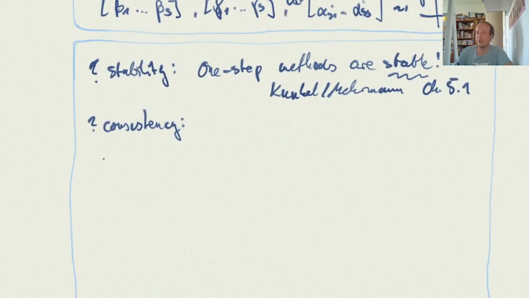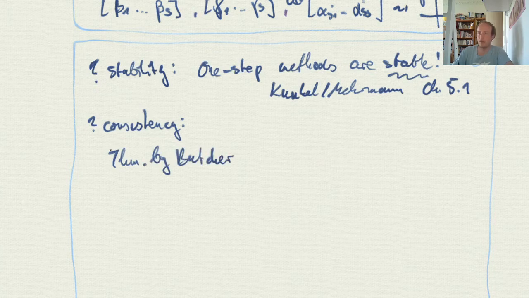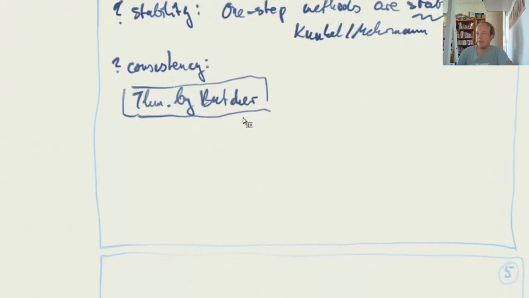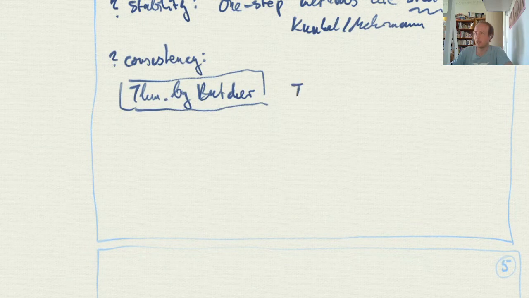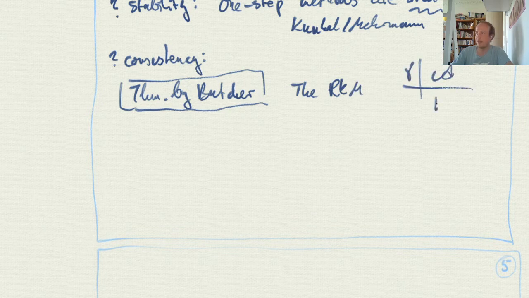And in fact, there is this theorem by Butcher that says the RKM with alpha, gamma, beta transpose is convergent of order p